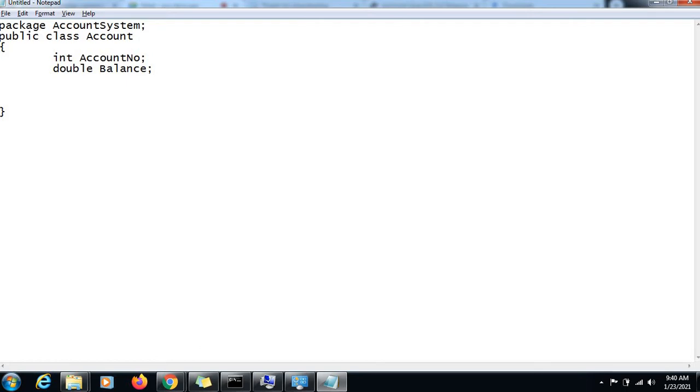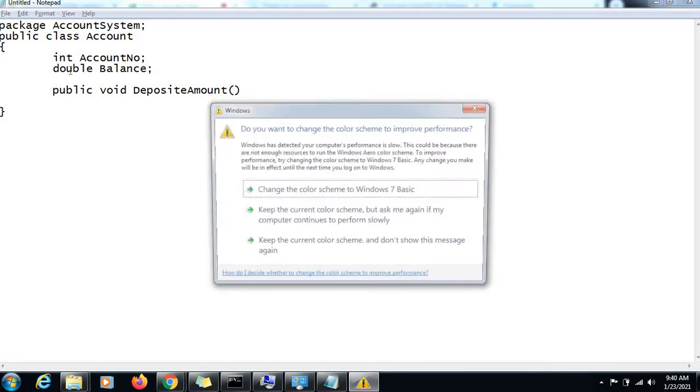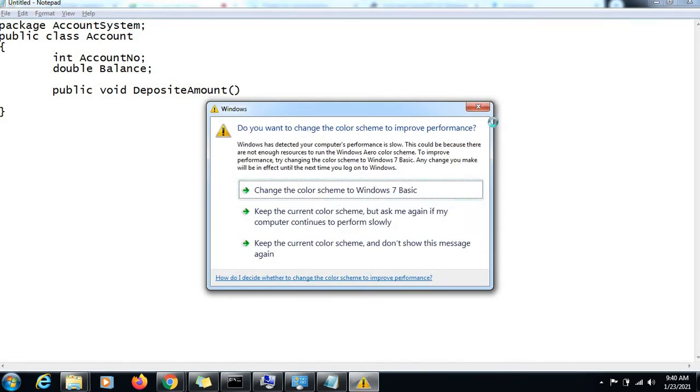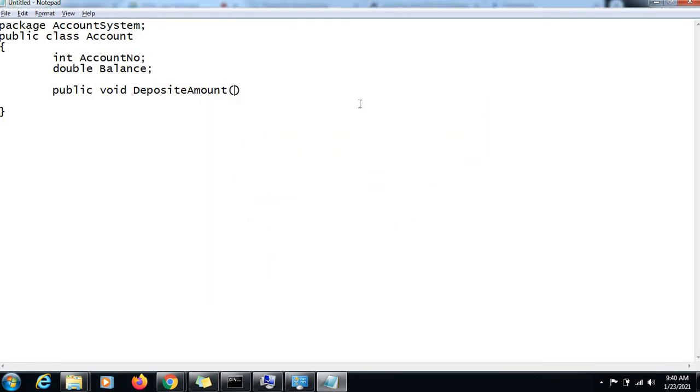And then we will define methods. So public void deposit, double amount.